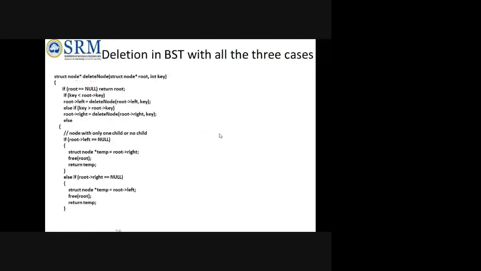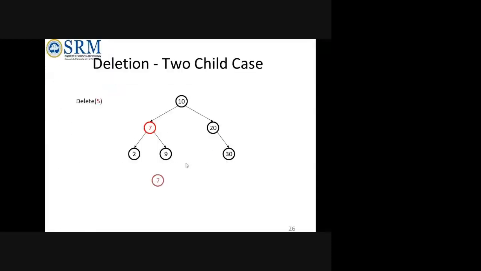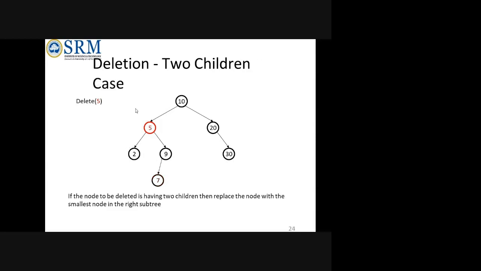Ma'am, could you go back? If you replace 2 from 5, then both will be bigger, right? No problem. If you are replacing 2, it will not have any left node. Always right. This will be as such only. The condition will be satisfied only. Yes, 2's right is greater, 9, and 9's lesser is 7. It will be correct only.